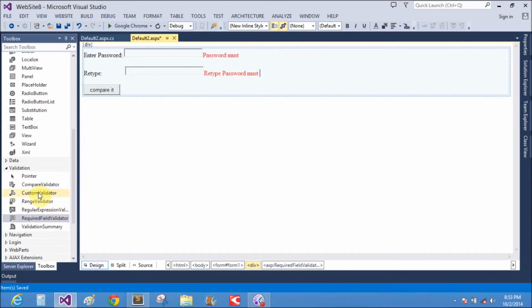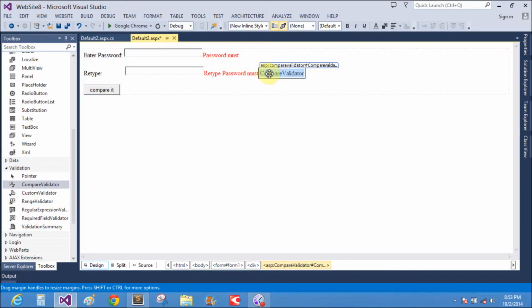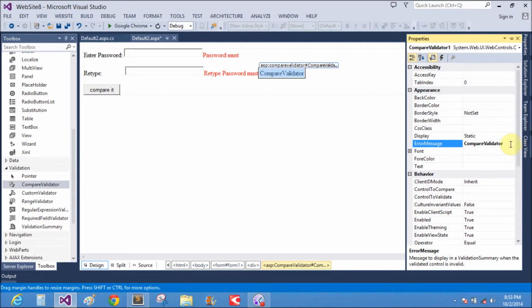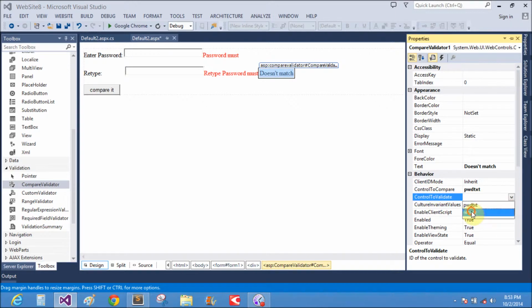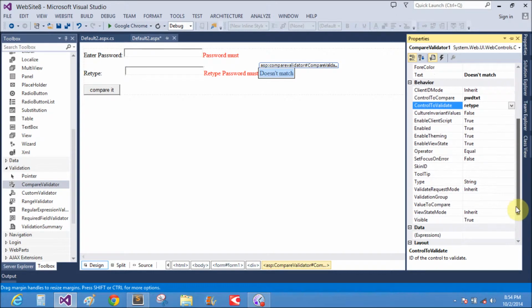Also place the compare validator control, go to the properties, remove the error message, and assign the text 'does not match'. Control to compare is password, control to validate is retype, and the type is string also, because the text box holds a string. The validation group is VG.